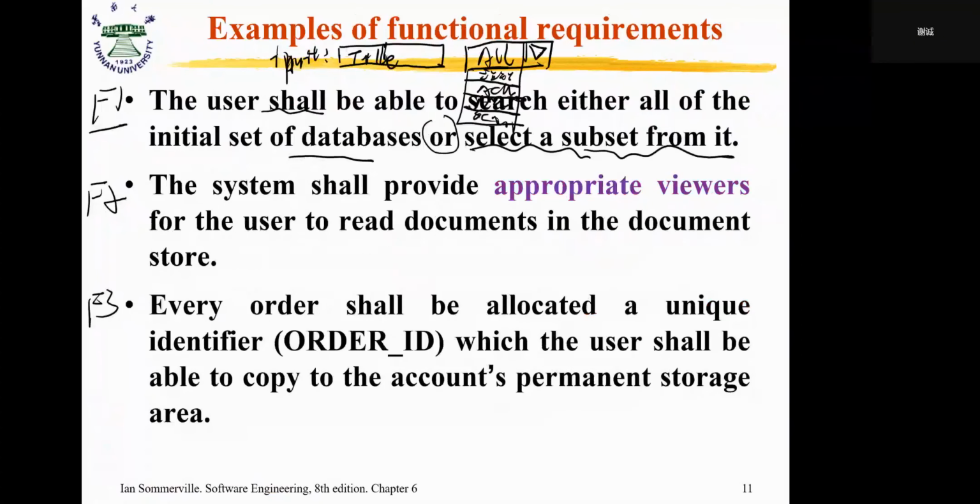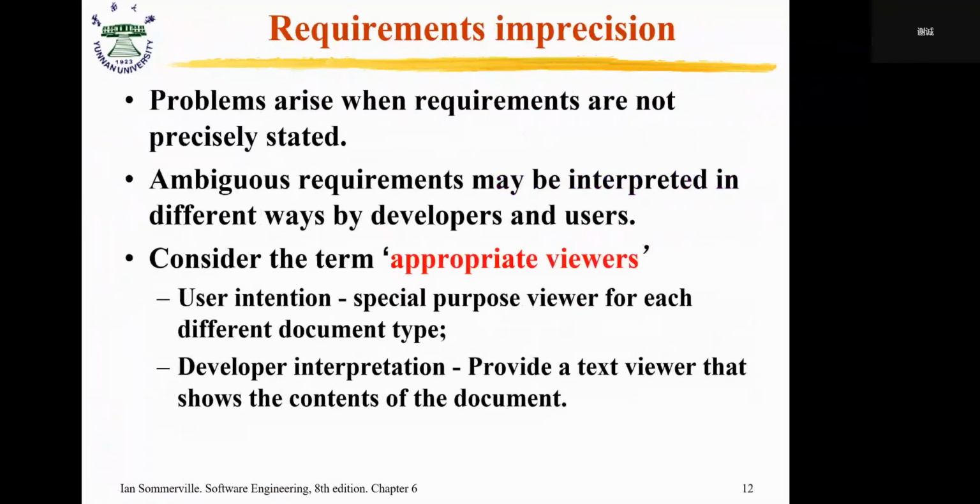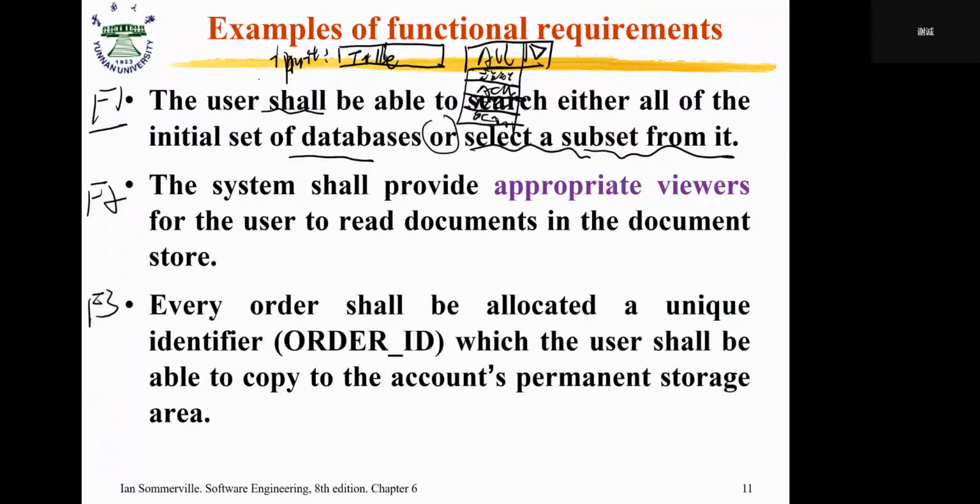And for this user functional requirement, there is some imprecision. This problem arises when requirements are not precisely stated. Ambiguous requirements may be interpreted in different ways by the developer and the user. Like the first one, you should provide an input blank. You can implement